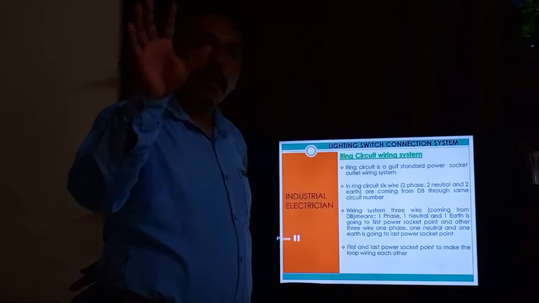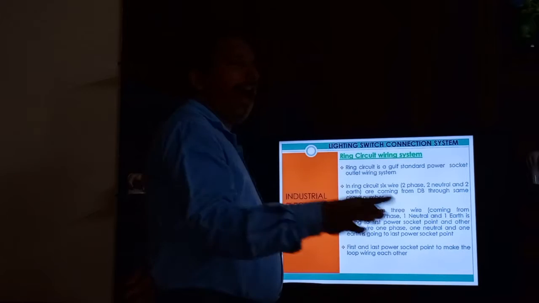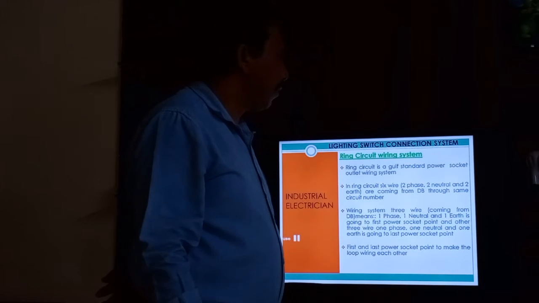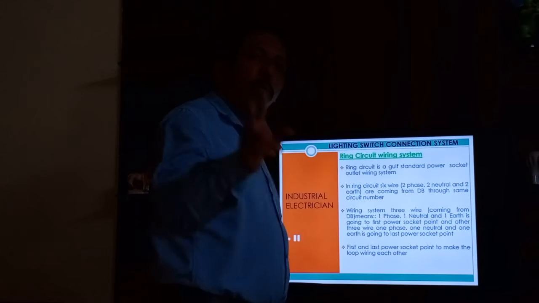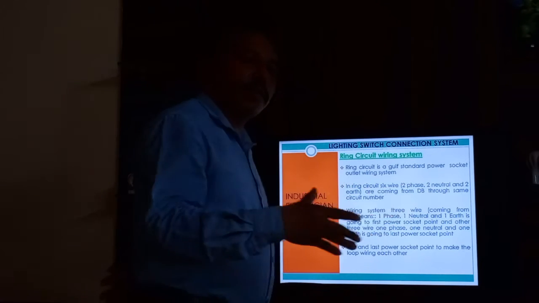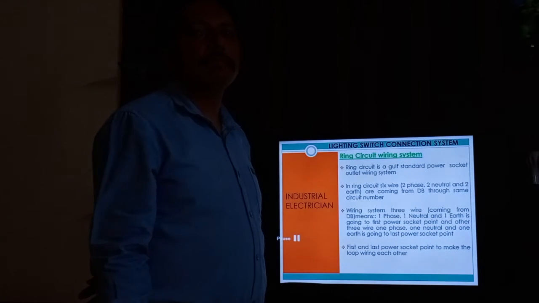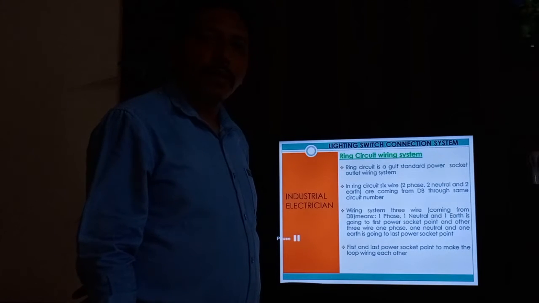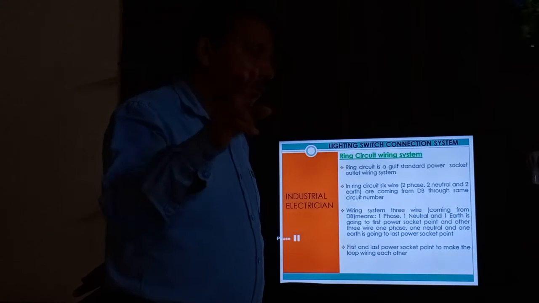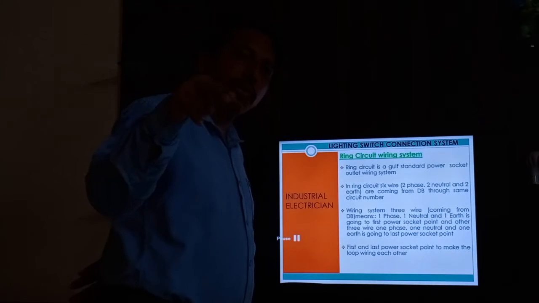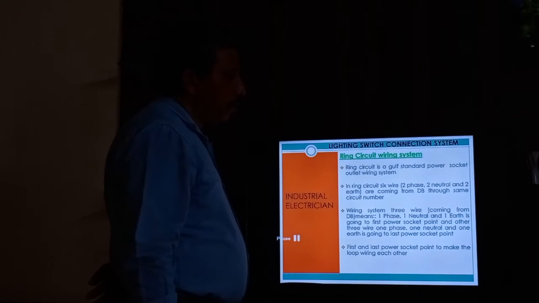If your phase is yellow, Y1, this means 2 wires of yellow phase are coming. If blue, same like that, 2 blue phase wires are coming. So not in different colors. You can use the same color code wire in one circuit; red and yellow are not used in one circuit. If your R1 is a ring circuit, you can use red wire only. So this is the system of wiring.